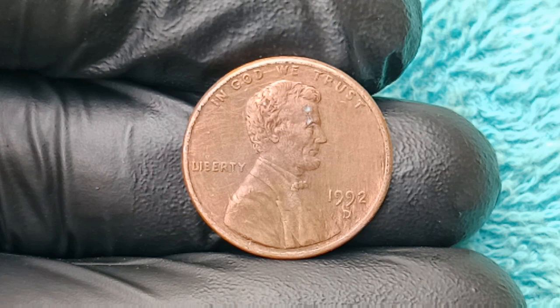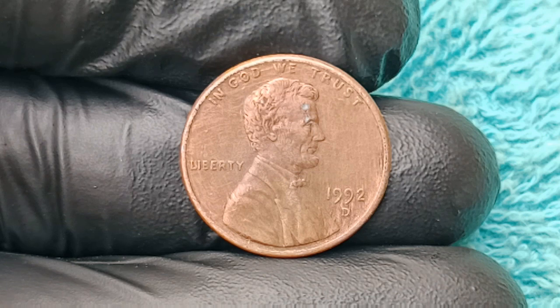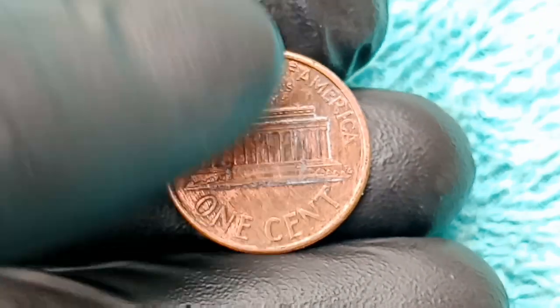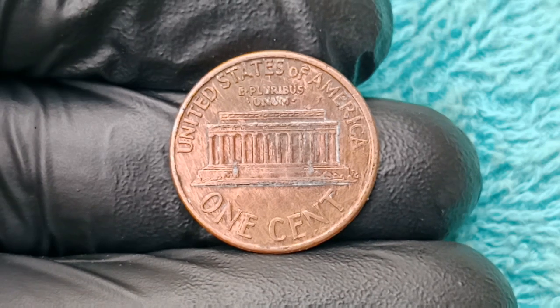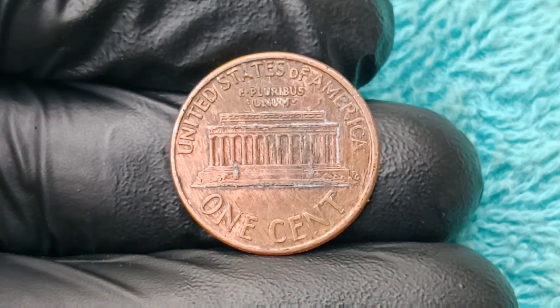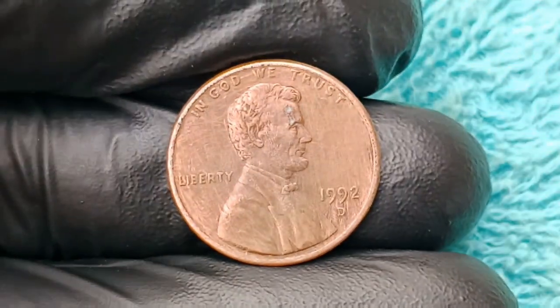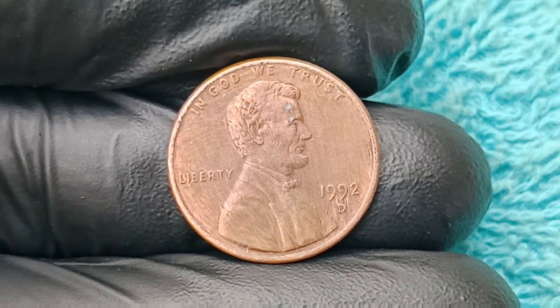And now, with high-resolution imaging, die diagnostics, and modern grading techniques, these mistakes can finally be recognized, appreciated, and valued for their numismatic significance. And it's this very evolution of awareness, combined with market frenzy and viral attention across social media platforms, online auction houses, and numismatic forums, that has propelled the 1992 AD penny from obscurity to legend, as